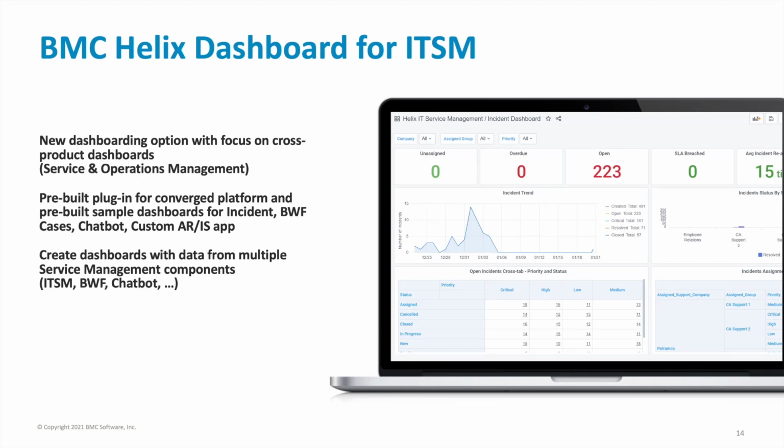Now, some of you who have been following our service and operations management capabilities and our portfolio activity here may remember that we have actually released a first version of this BMC Helix Dashboard in the 20.08 release cycle, though at that time it was only available for our operations management solution. Now we've enhanced the capabilities so they can pull out data from the Converged platform, which means you have access